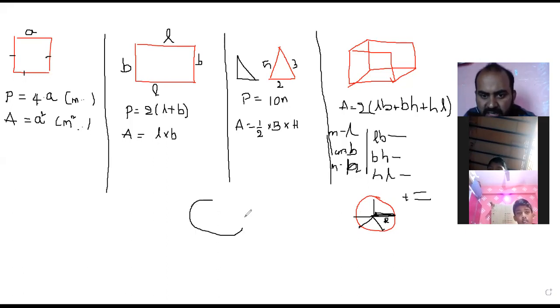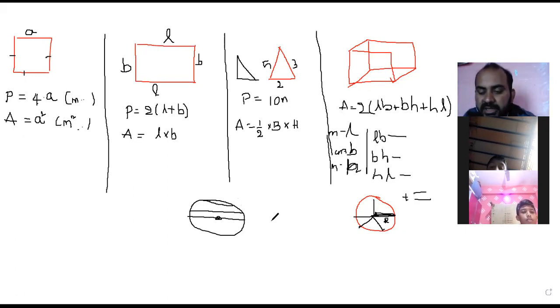For example, this is my circle. In this circle, what is my longest distance? This only. If you draw from this point to this point, this is also a diameter, but it's not the longest one. If you touch any two points in the circle, that is called a diameter. So which one is the longest? That one we consider. How can you say which one is the longest? The one passing through the origin point, the middle point, is called the diameter.